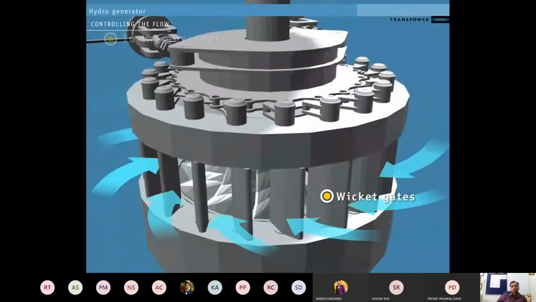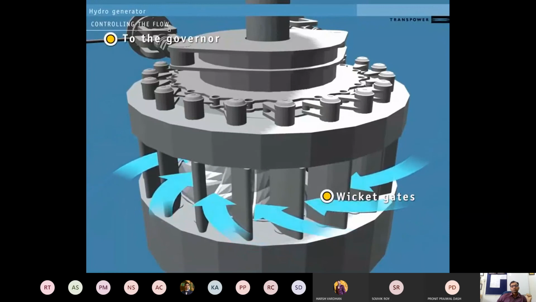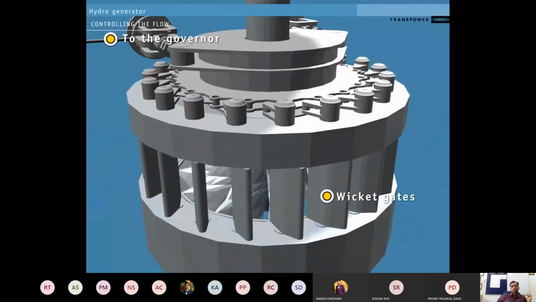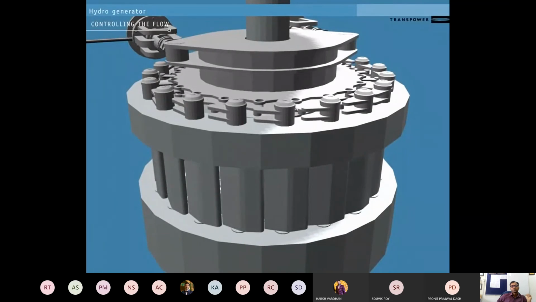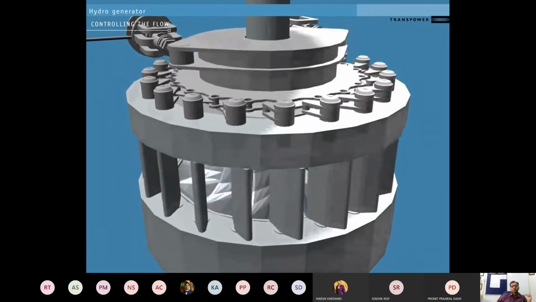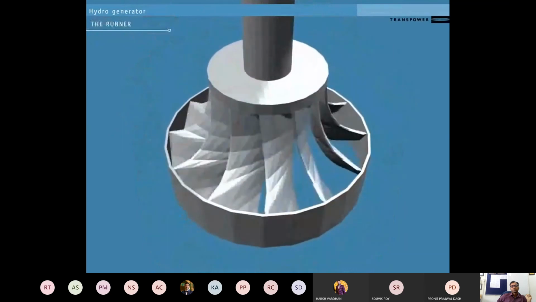The wicket gates are controlled by an external governor system. This opens and closes them in response to conditions on the national grid. A high load on the system slows the turbine. The governor system reacts by opening the gates further to speed it back up. Conversely, it will narrow the wicket gates in response to low load on the system. Beyond the wicket gates, we can see the turbine blades. The blades are shaped to extract the most possible spin from the moving water. The turbine blades and the shaft connecting them to the generator are called the runner. We will expand this into its parts so we can see them clearly.